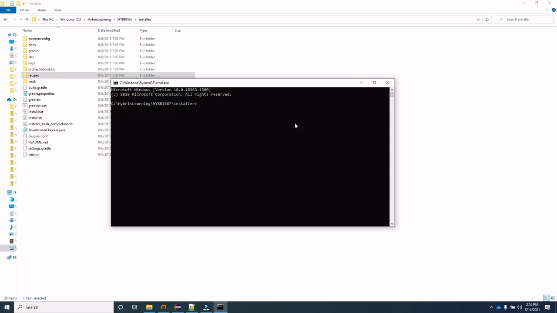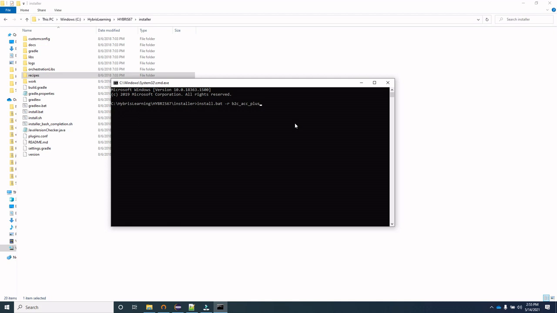Now, in order to install the recipe, we have this command: install.bat -r, which is to install the recipe, and then the recipe which we want to install, which is B2C ACC plus.